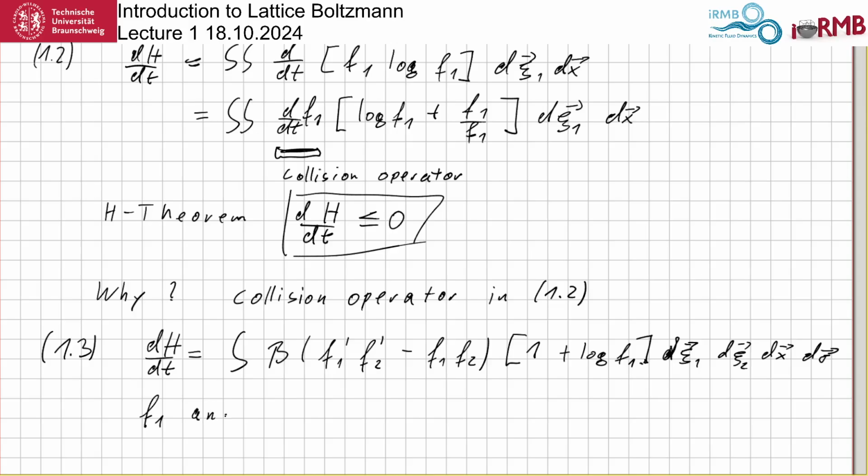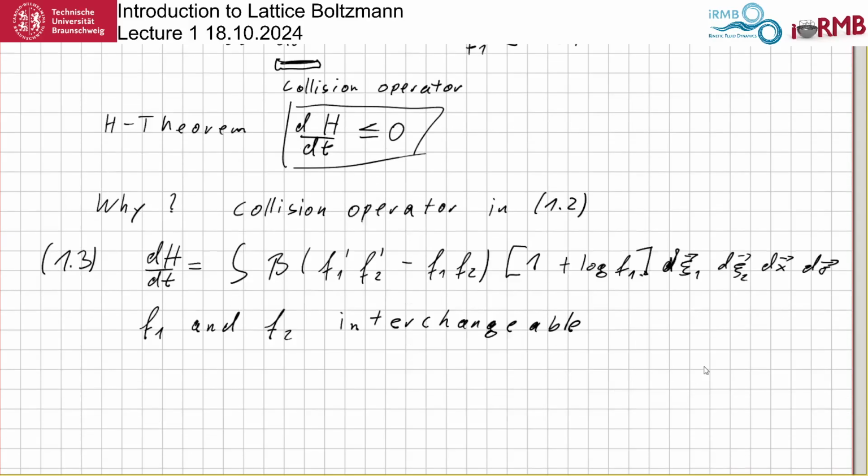One thing is, the particle 1 and the particle 2, because they are indistinguishable, they are the same. So they have the same distribution. So we have F1 and F2 interchangeable because particles are indistinguishable, which means I can write exactly the same equation by just exchanging 1 and 2. So 1.4